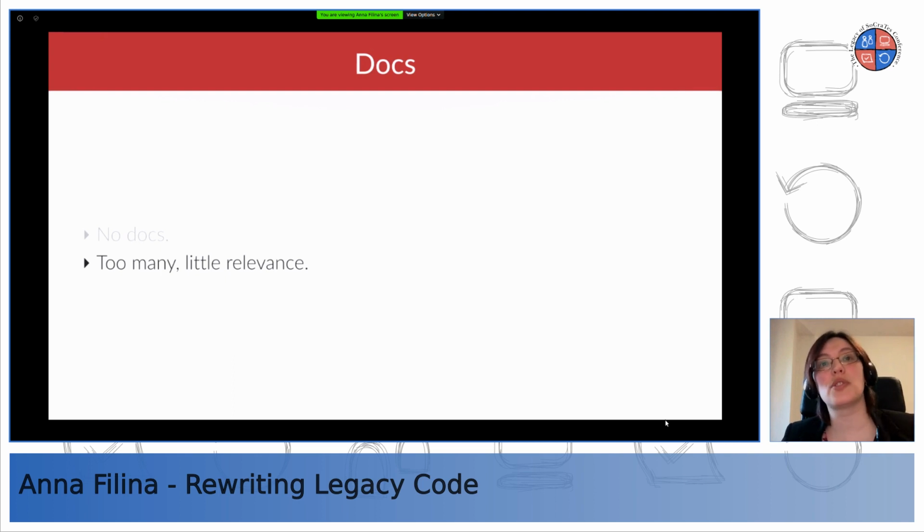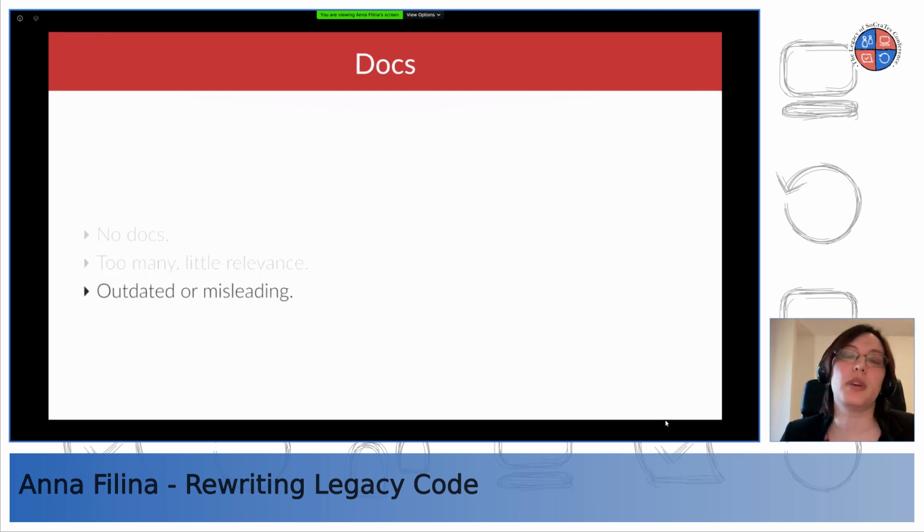because even in the worst docs, you might find a gem that will save you lots of time because it lists all the API endpoints and the format they receive, and you can just scrape that and convert it into actual tests. The docs can also be outdated or misleading. Just verify everything. Don't assume that what you read is correct. Check with somebody in the company.